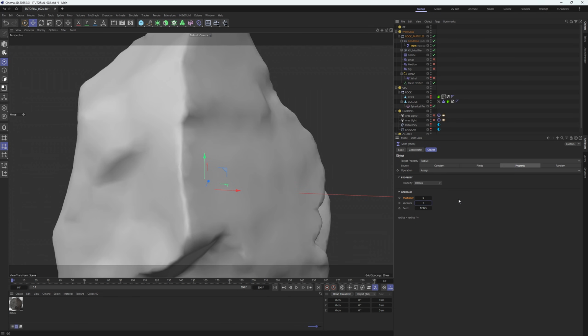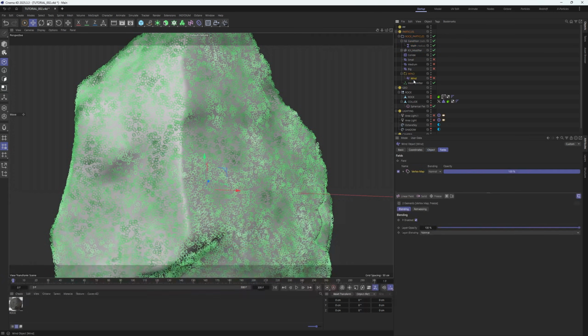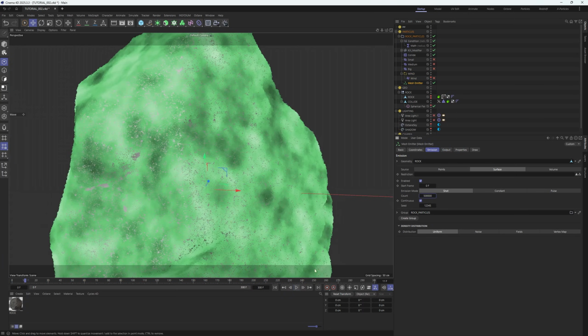So if we do a variance of 1, and you hit play, you're going to see a little bit of a nicer random scale variation throughout everything. So I lowered my particle count to show you that, but if I come back up to 500,000, this is quite important, is we want some slightly bigger ones, some not so bigger ones. If we call this particles main,